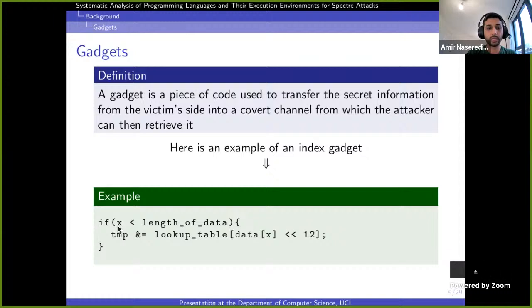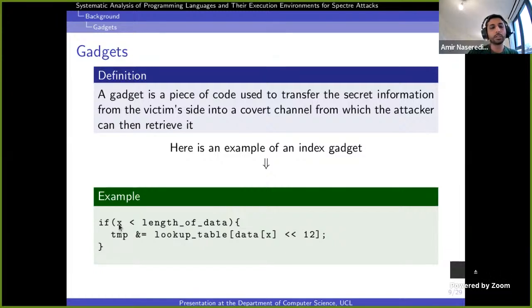We've got a variable x, which is under the attacker's control. We've got the length of the array data, and we've got another array. The array data belongs to the victim, and it's in the address space of the victim. The lookup table is shared memory between the victim and the attacker.